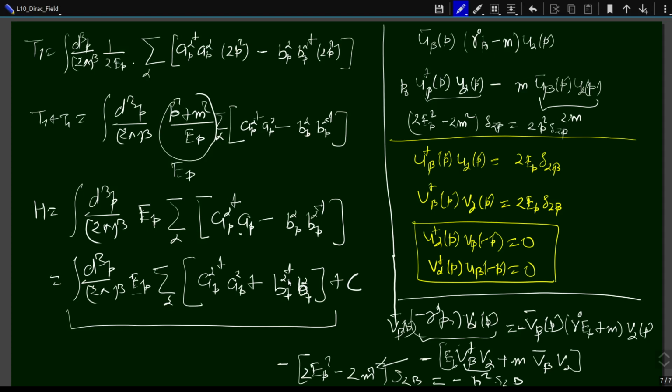That's the convention we have chosen for the A's and B's: the existence of an antiparticle above the vacuum is also a positive energy solution. We have to provide energy to create an antiparticle, just as we do for a particle. This kills the negative energy issues that one had in